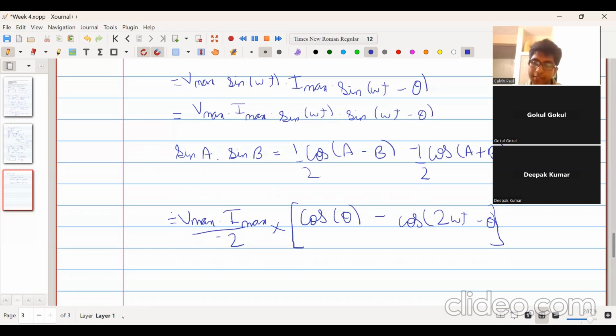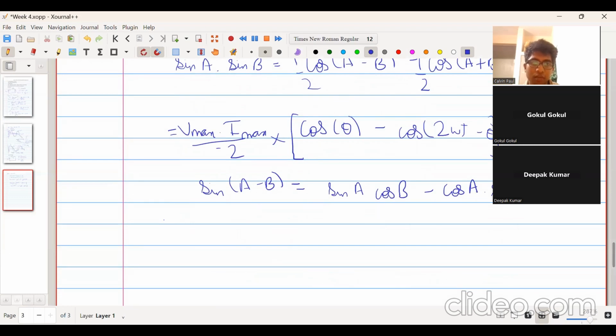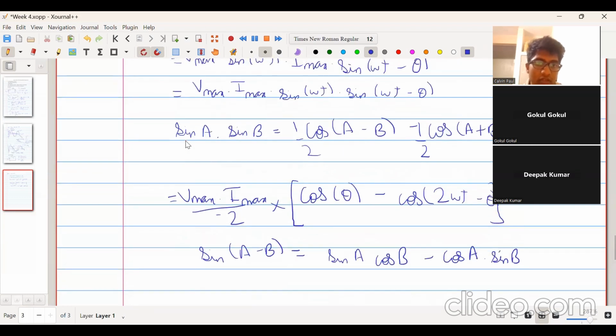So this is one way we can write this equation, but there is a better way in which we can get more understanding. So what is the expansion of sine A minus B? Sine A cos B minus cos A into sine B, right? So we will apply that over here. So we will write it as